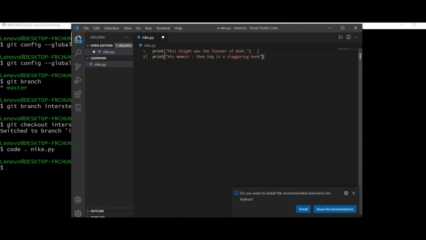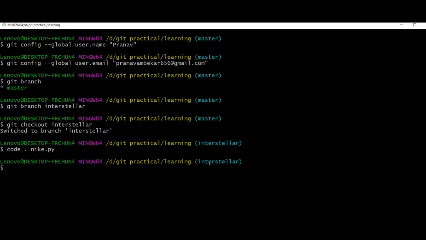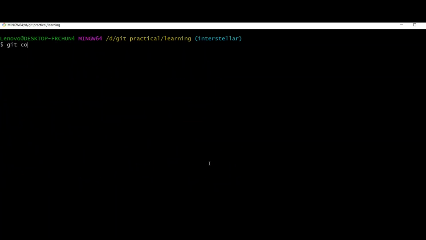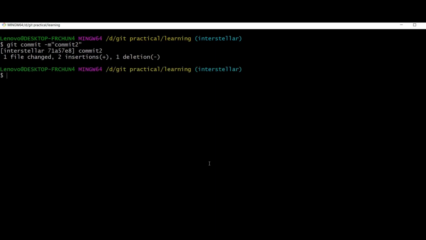And save it. Now let's add this to the staging area with the command git add period. Let's commit this file. One file change, two insertions and one deletion.